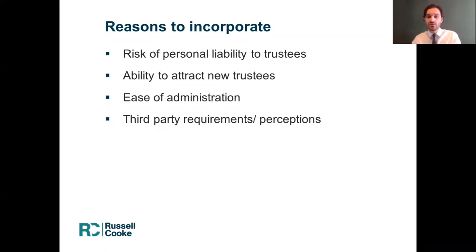So that's often cited as the primary reason for looking at incorporation. The actual practical risk to trustees will vary greatly between different charities, because it will depend on how much money they have, what their assets are, what their operations and business model look like, and therefore how risky what they do is. If a charity is largely made up of a pot of money and it makes grants, it's fairly low risk probably. Whereas if a charity interacts with the public a lot and has staff and complex contracting arrangements, it's probably got a higher risk profile.